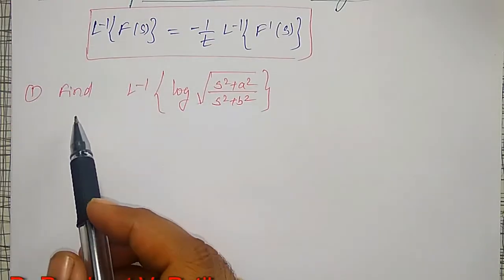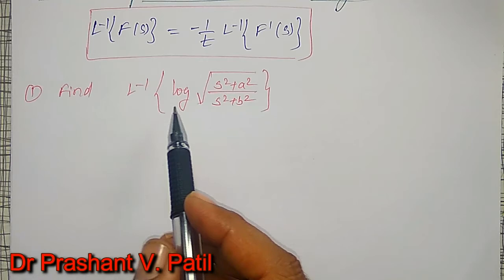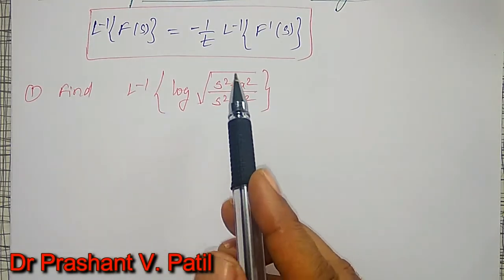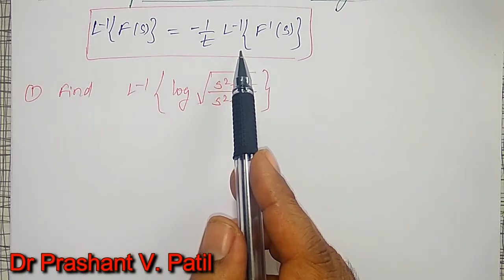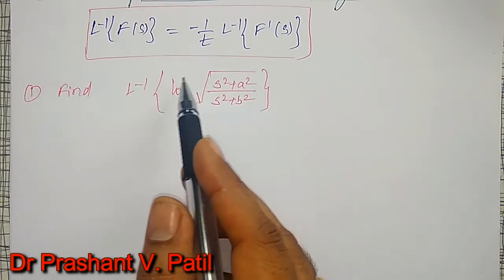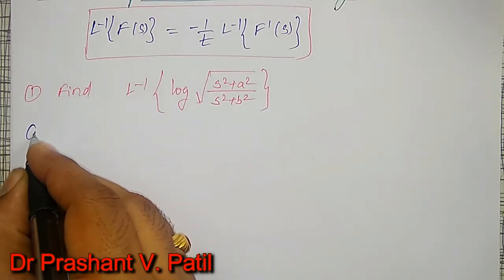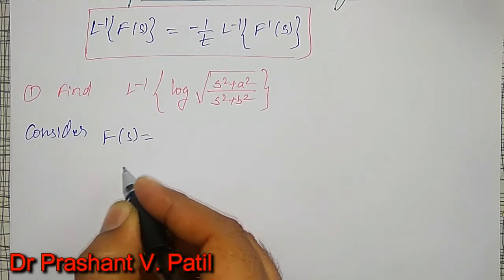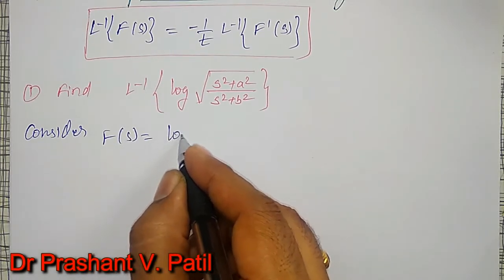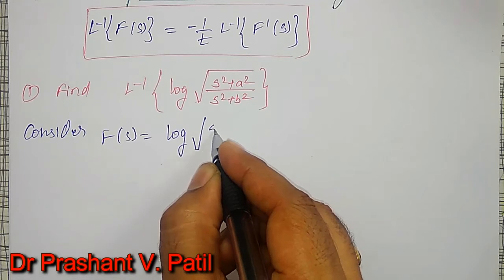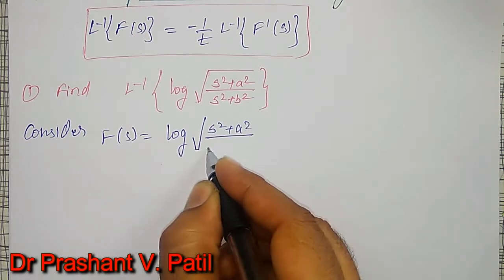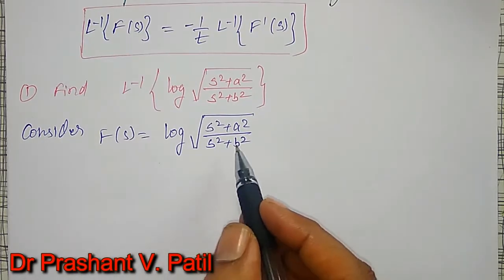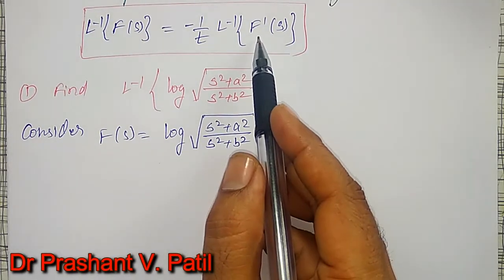My example is: find the inverse Laplace transform of log of square root of s square plus a square divided by s square plus b square. That's why I have to use this property. To use this property, consider F of s is equal to log of square root of s square plus a square divided by s square plus b square. To find the inverse Laplace transform of this, I have to find F dash of s,